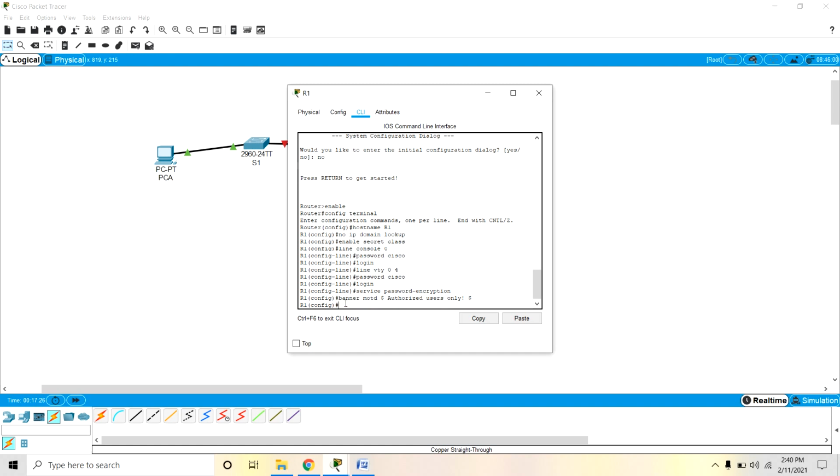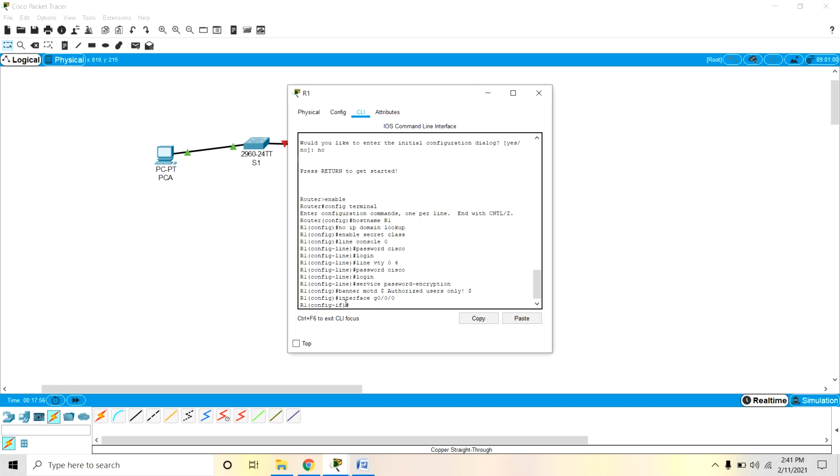Okay, where MOTD indicates the message of the day. Right now the next step: configure and activate both interfaces on the router. So by using the command interface G, that is the config-if. Now you can assign the IP addresses